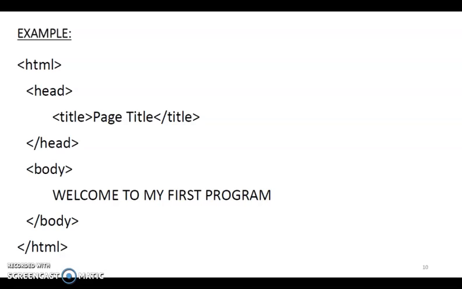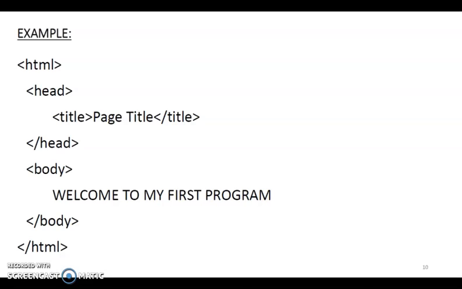Now you can see the example of the body tag. I am writing the title of the page, then the head tag is closed. Now see, in the body tag I am writing welcome to my first program, then the body tag is closed and then the HTML tag is closed. So if I am writing this code in Notepad, then save the file with the .html extension, then a web browser file is created.